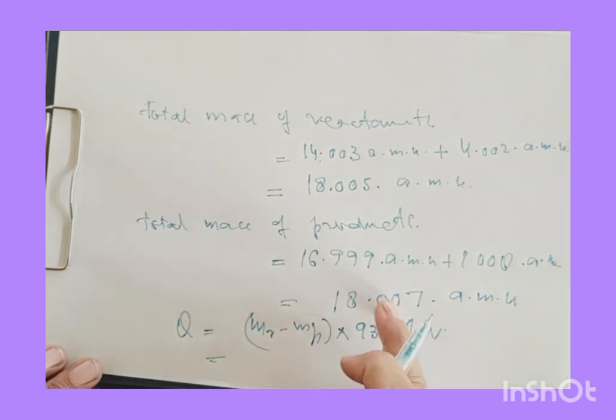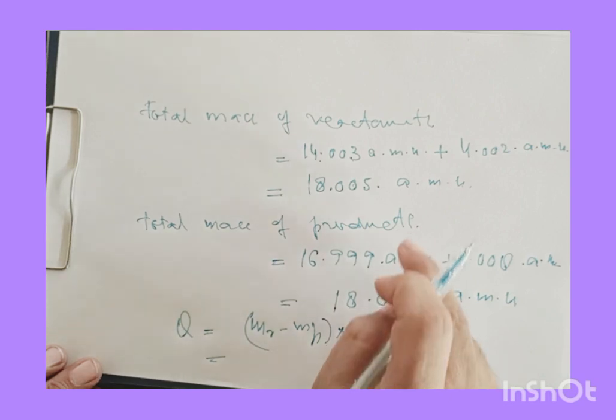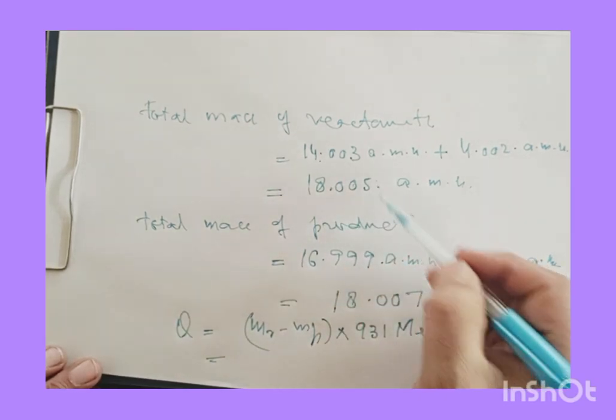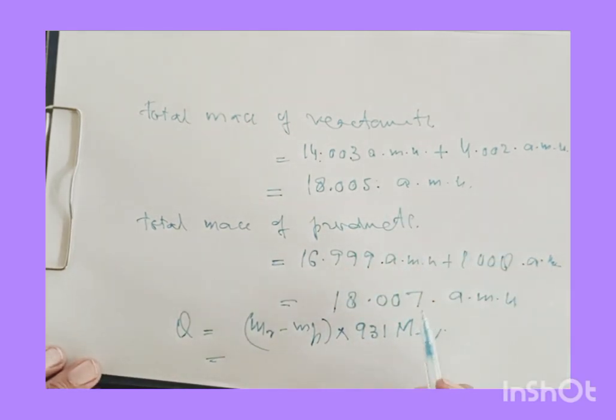Now when we subtract these two, what we are going to get is minus 0.002, times 931 mega electron volts,